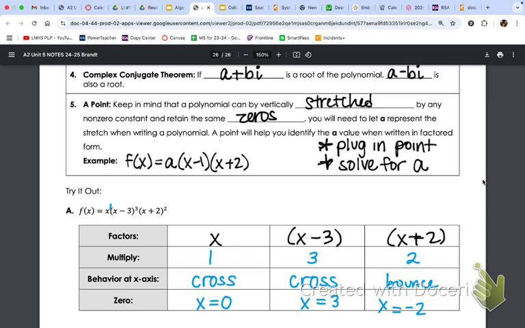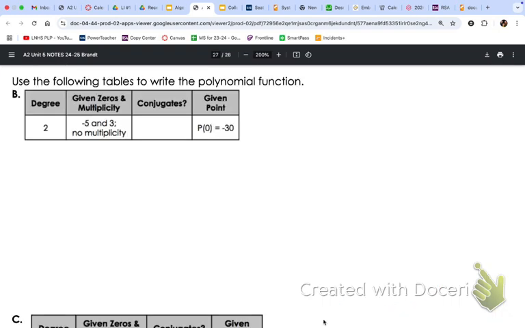All right, so it says that my degree is 2, meaning it's quadratic. The zeros that I have are negative 5 and 3, and it has no multiplicity, meaning that none of them are anything other than 1, okay? There are no conjugates, none, because do you have any i's? No. The only time you would have to deal with conjugates or complex conjugates is when you have an i. And then this guy over here is going to give me a point in a second. So let's go ahead and write it in